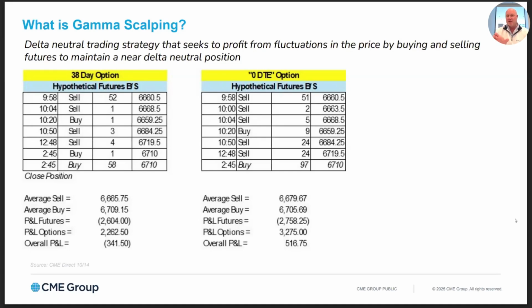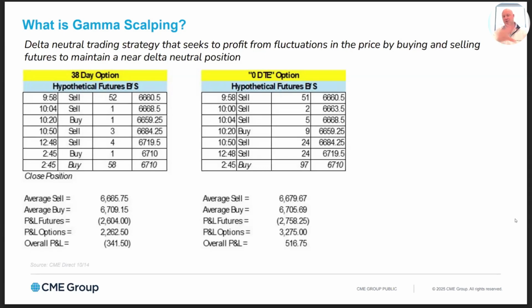If you look at the way the delta moved, here's what would have happened. And I want to point out, this is a very academic exercise that I did here, because in reality, a professional trader would be doing this as the price moved, not just at these chunks of time. So this was just to illustrate how gamma scalping would work. So you would sell 51, sell 2, sell 5, then you'd buy 9 back. Remember, the future price moved the other way. So you buy 9 back, sell 24,